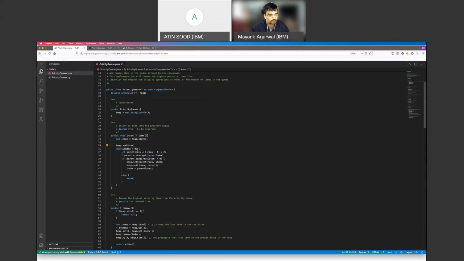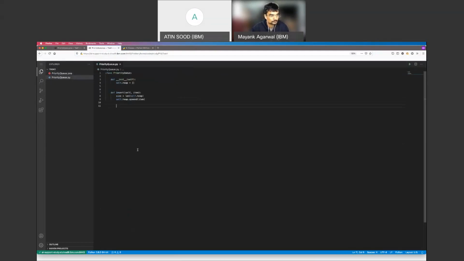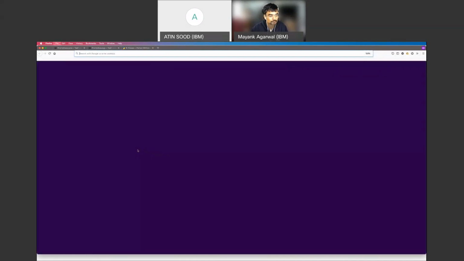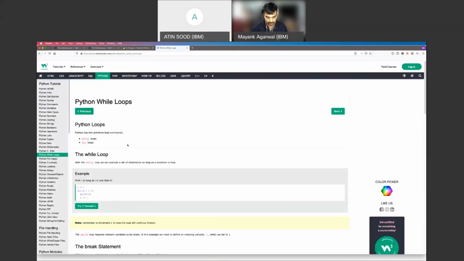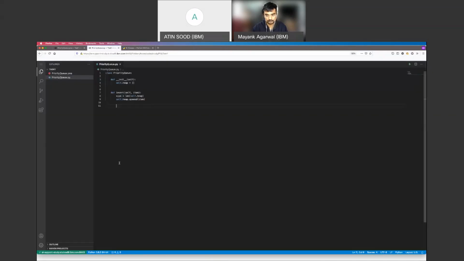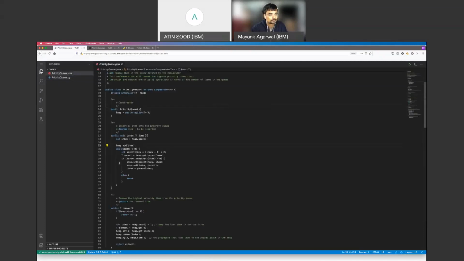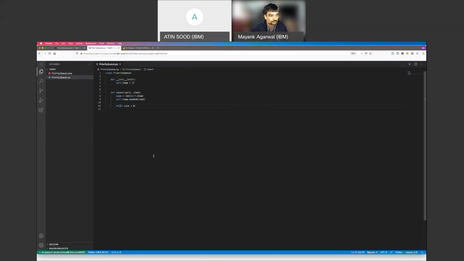So he's saying while this is greater than 0. I'm trying to remember if there's a while loop in Python. I don't think there is while in Python. Is there a while? Yeah, while is there in Python. So while size is less than 0, then that was your argument. Greater than 0, you're taking the